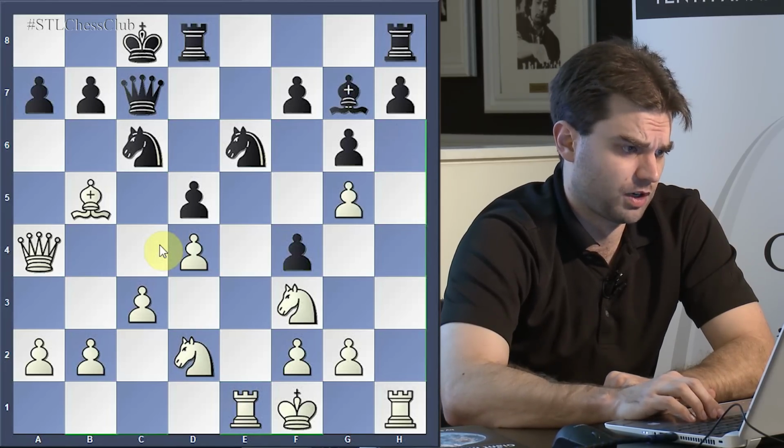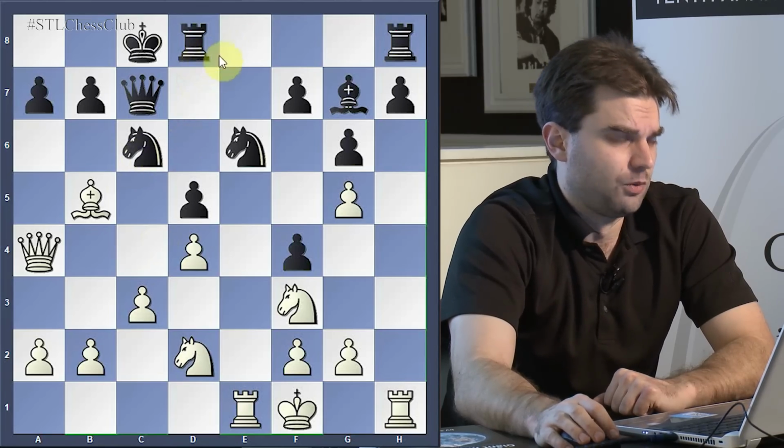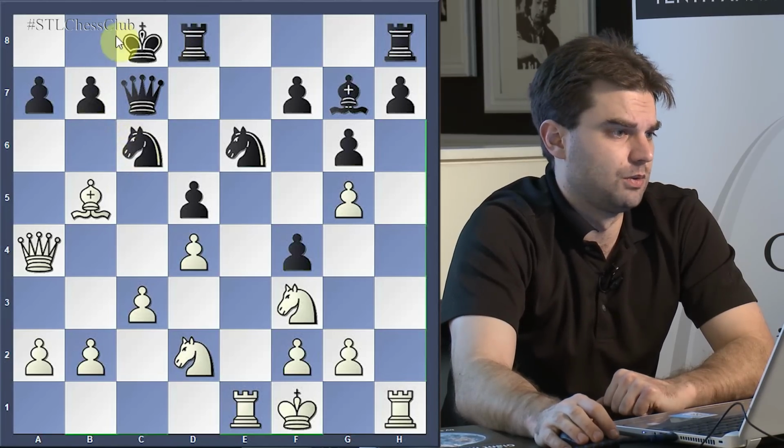So queen a4 comes with a tempo. The queen wasn't doing that much on b3. Black really does not want to allow white to force this pawn structure. Even if he was able to do so in a way that forced the queens off,